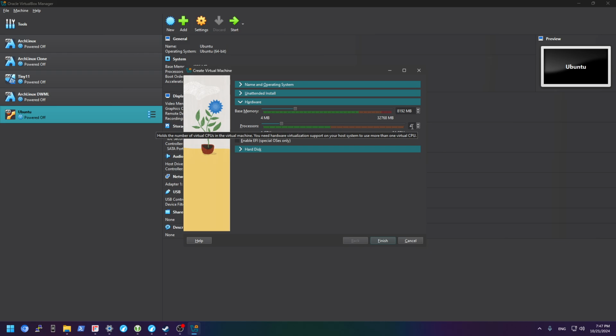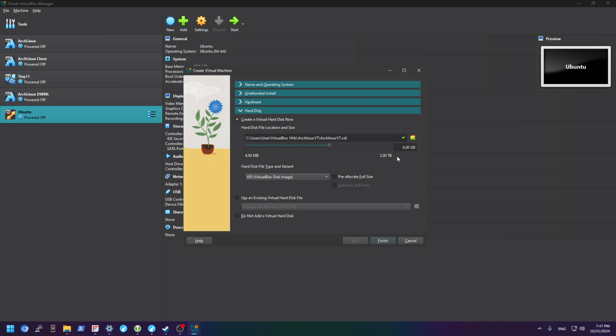I'm going to give it 4 processors as well. I have 24 to spare, so I can easily put up with 4. I could probably even increase this to 6, but we're going to stick with 4. I'm also going to add 200 gigabytes of storage, maybe. I'm not expecting to need 200. This is just kind of more of a